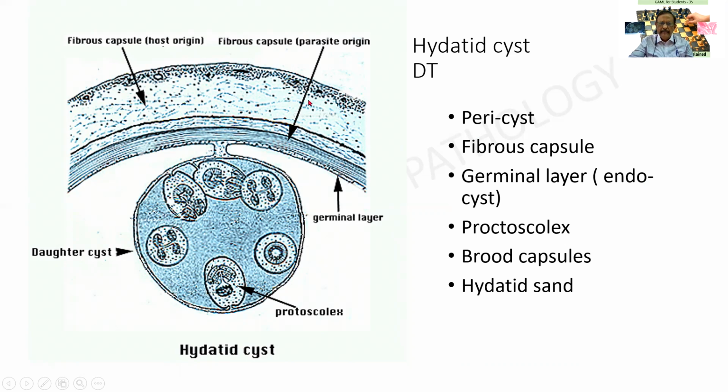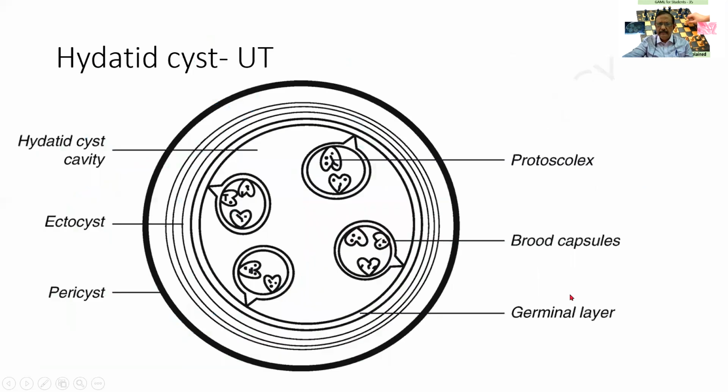So there is a pericyst, and the layers of the cyst will be an external layer, an internal germinal layer, and there can be the daughter cyst with the brood capsules. There can be some scolices, sometimes seen in pathology as well. And the entire material in which the cyst lies is called the hydatid sand. Again, an enclosure showing the diagrammatic picture of the same which you people can draw. The ectocyst, the pericyst, and the endocyst.